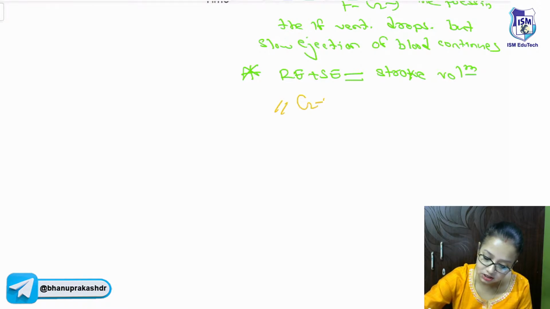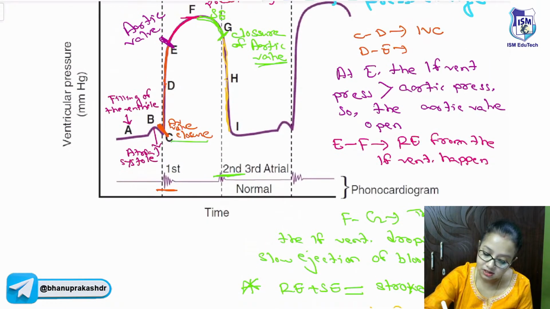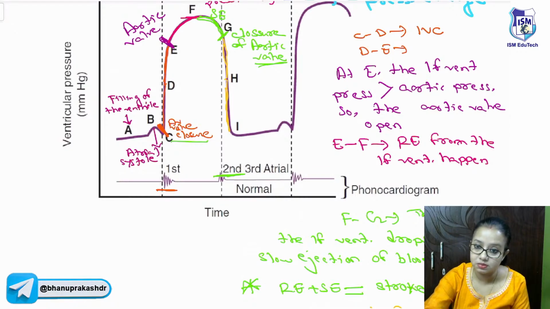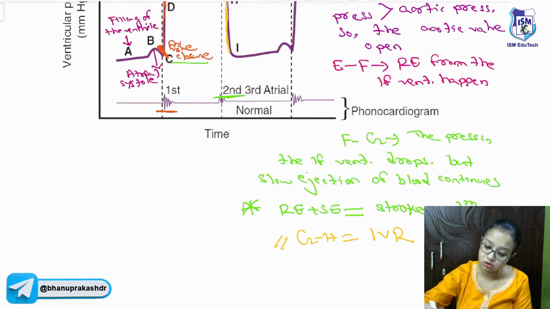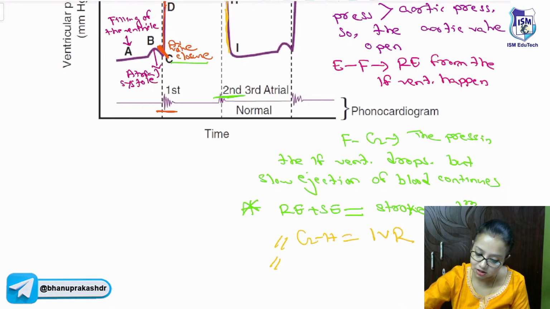So G to H, there is isovolumetric relaxation, meaning the ventricular cardiac muscle is relaxing, but there is no change in the volume of the blood that is within the ventricle. That means the filling has not started. So here G to H is an isovolumetric relaxation, and H to I is also isovolumetric relaxation